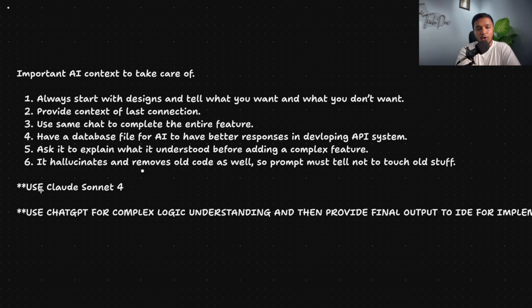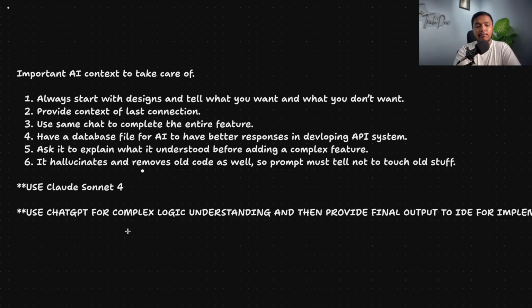Now always use Claude Sonnet 4 for coding based tasks. If it is smaller tasks like small code or small fixes in the design or small fixes in the code, you can always use the auto mode. But whenever you are creating something new from scratch, a new feature from scratch or a new design from scratch, you always use Claude Sonnet 4. That is your tip to save your tokens and make sure that you are getting the right output every time from Claude Sonnet 4 versus the auto mode.